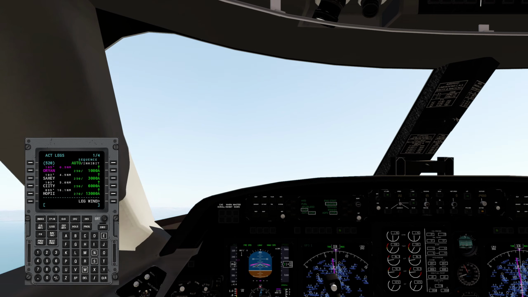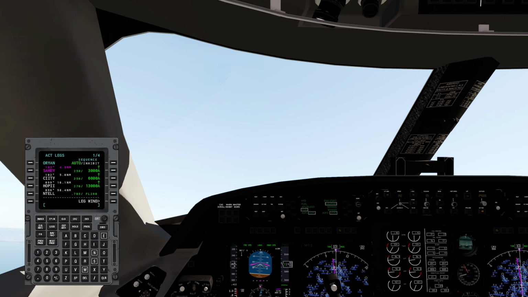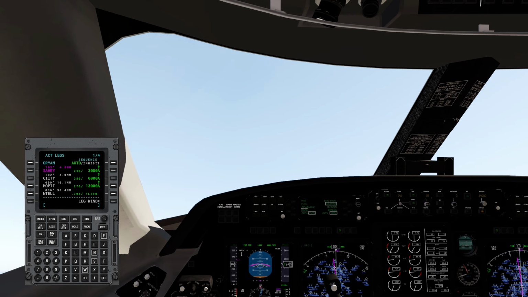Please note that I didn't need to enable the auto throttle before enabling vertical navigation. Once you enable it, vertical navigation takes control of the auto throttle. So I was just doing that because normally I climb using just vertical speed and the auto throttle for a while before I would enable vertical navigation.